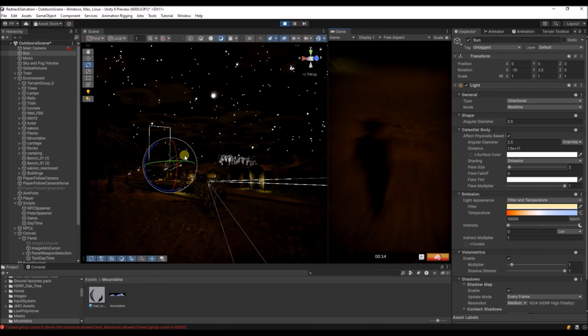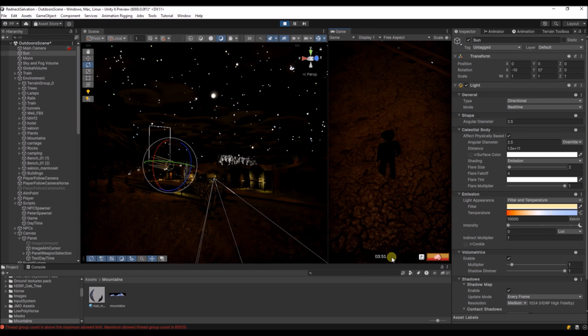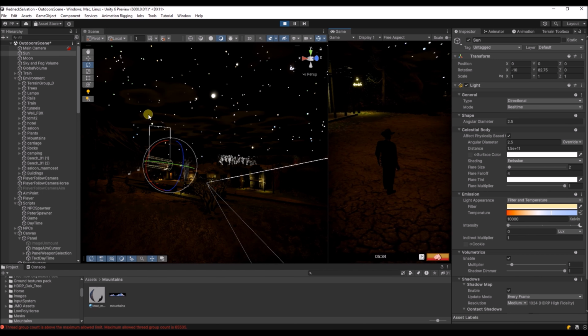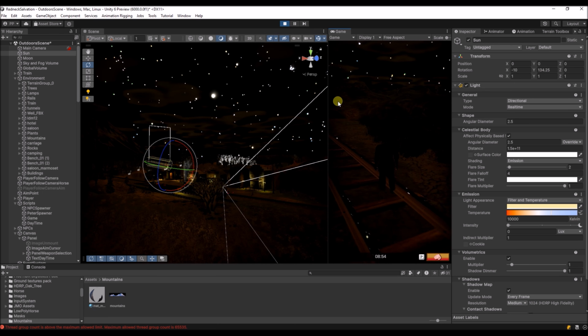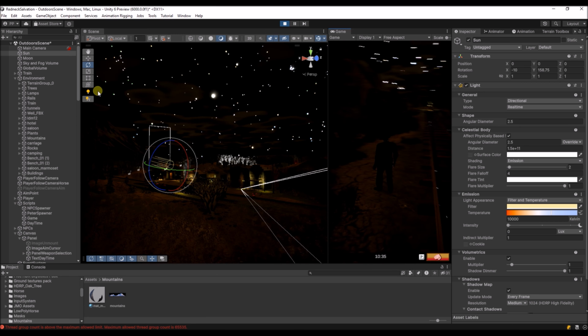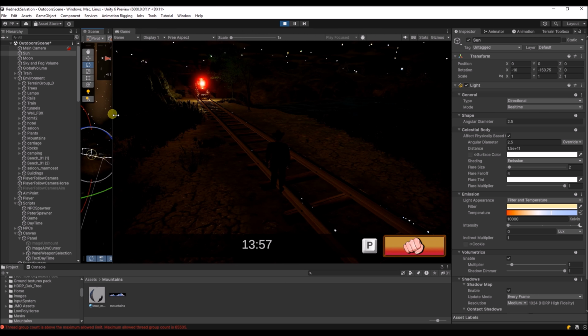So now it will always stay night, disregarding the moment of day. You can see that during nighttime,